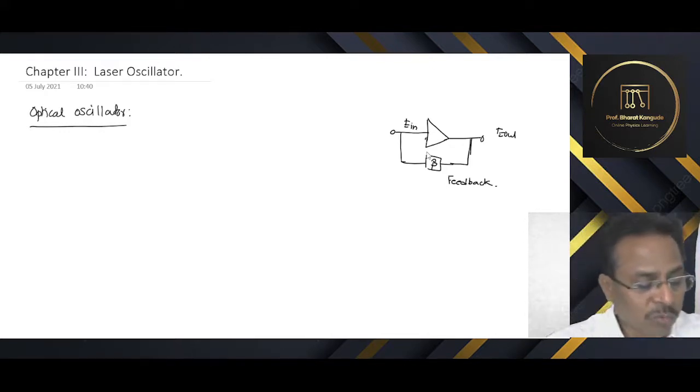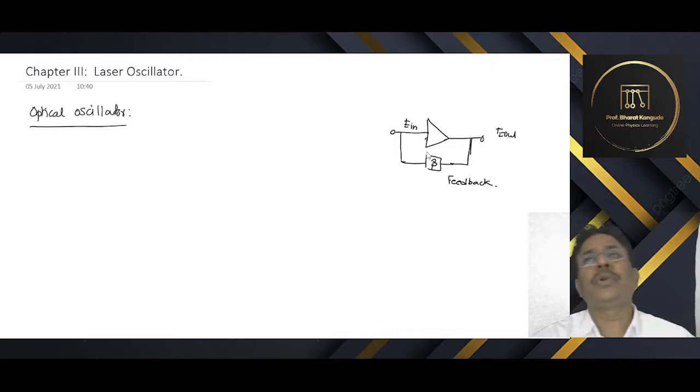A stable output is quickly reached. Depending upon the properties of this oscillator, a stable output is reached, and the oscillator acts as a source of a particular frequency. The amplification goes on increasing until it reaches a certain stage where the amplifier becomes a source of a particular frequency. That is what we have already seen in the case of the electronic oscillator.